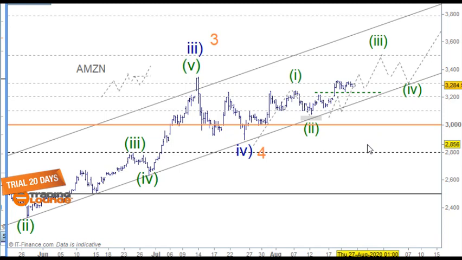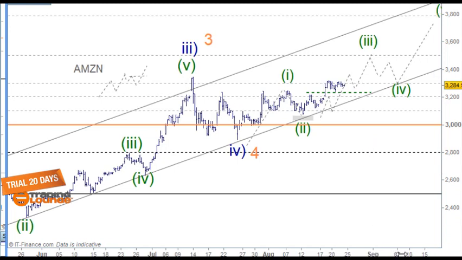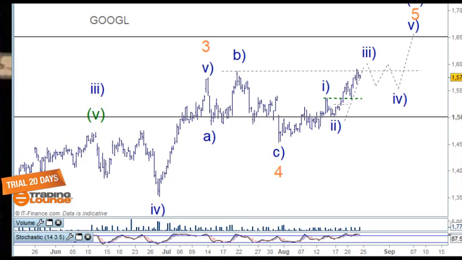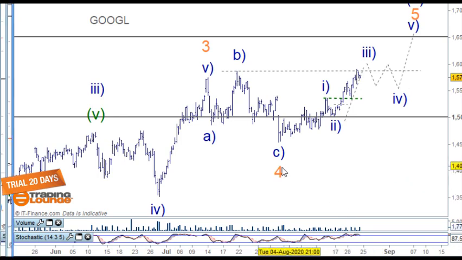But as I mentioned with the Nasdaq, we really want to move past those reference point highs in that instance. So steady as she goes, but this has certainly got further to go to the upside. Now, as I mentioned, all the stocks can be slightly different in their own little way. Alphabet here is quite similar to Amazon in its way. I've labeled this particular wave 4 here in this case, and we're looking for,